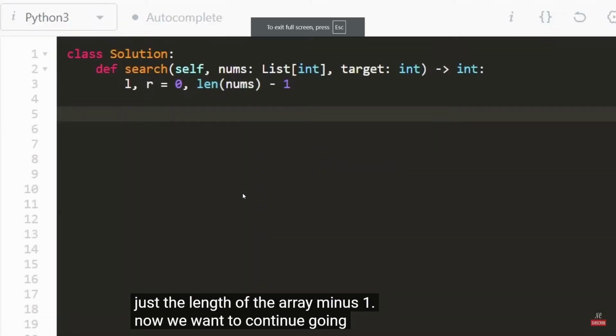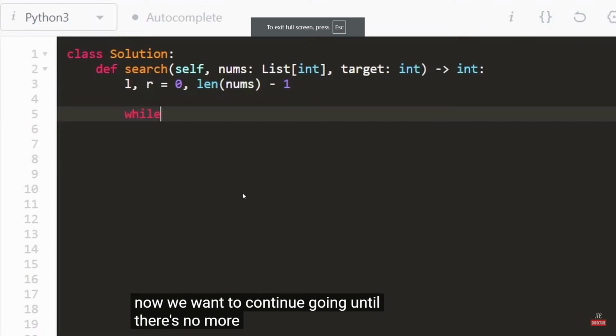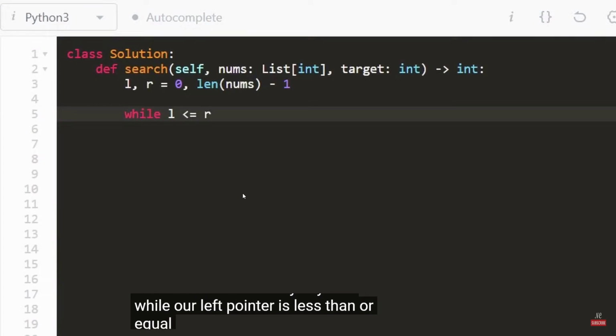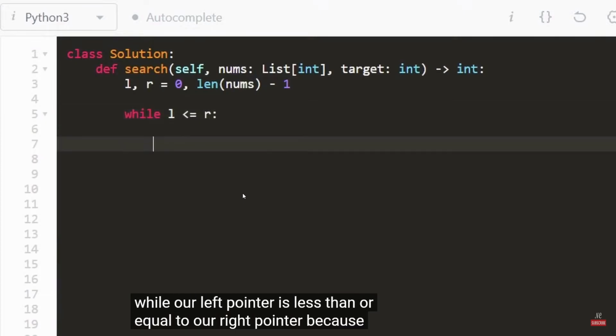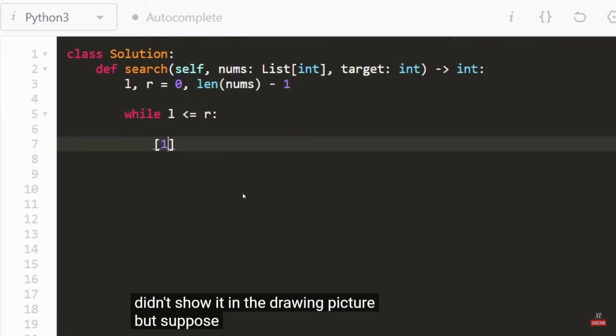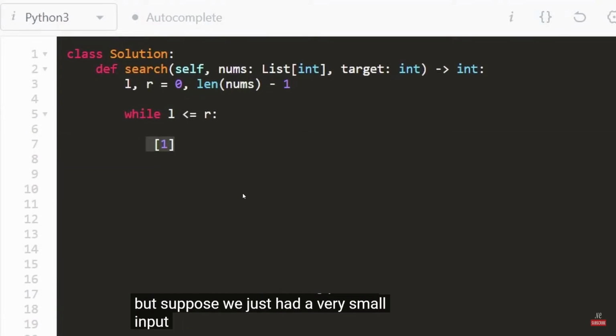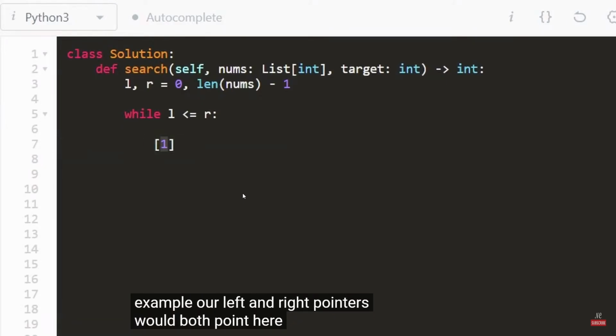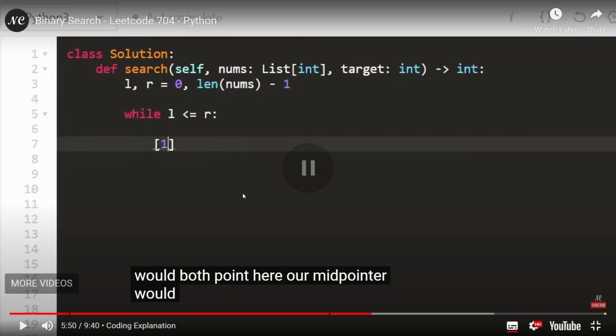Now we want to continue going until there's no more possibilities left or we have maybe found the result. So the way to do that is to basically say that while our left pointer is less than or equal to our right pointer. Because I didn't show it in the drawing, but suppose we just had a very small input array just to illustrate the example. Our left and right pointers would both point here. Our mid pointer would